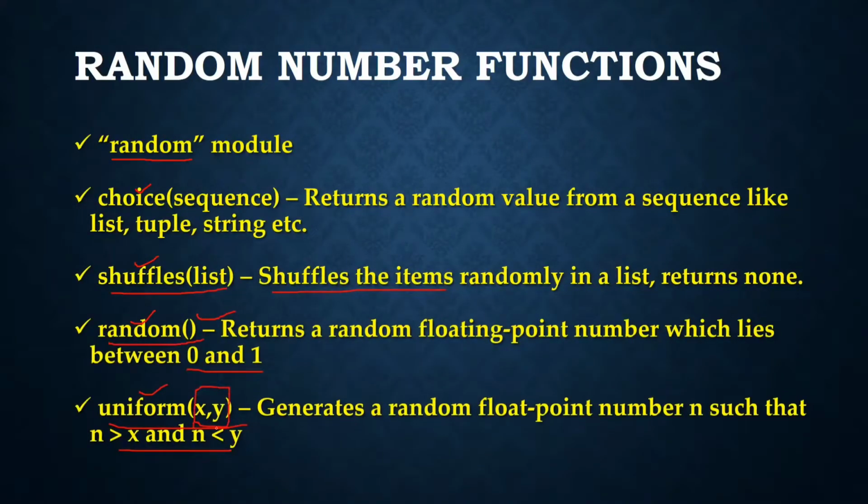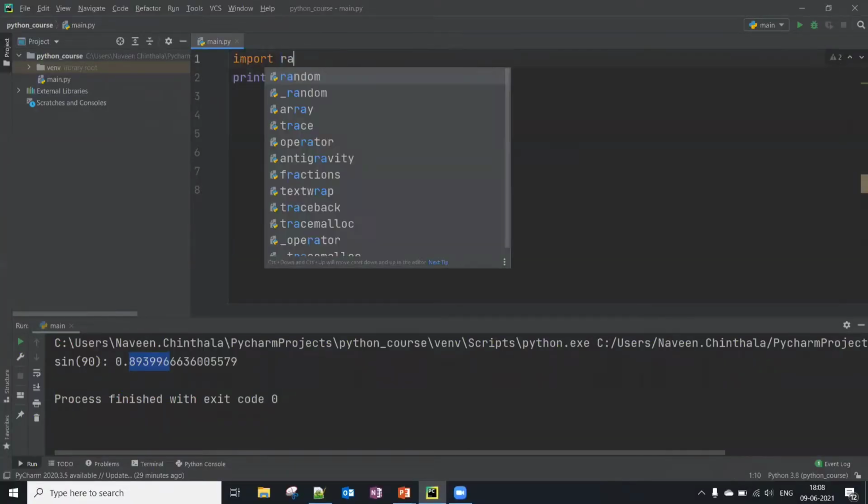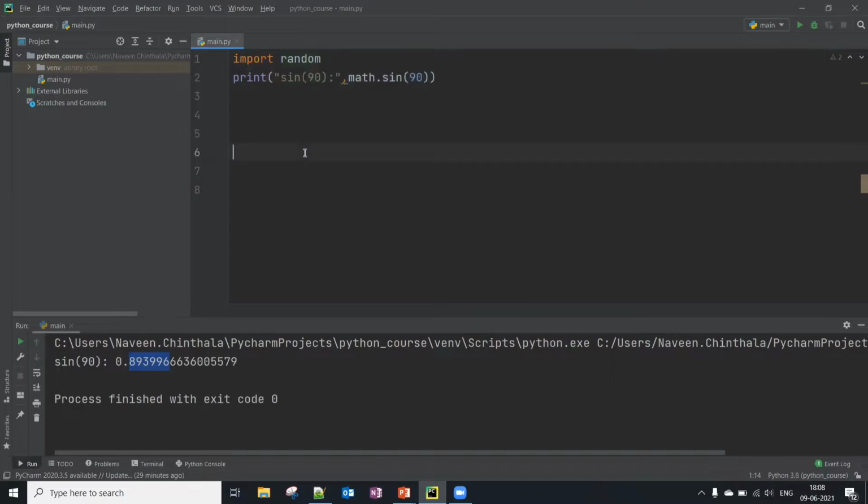If you say 10 comma 100, it will generate a random number between 10 and 100. This is also mostly used. So let me show you this. First we have to import the random module. Let's say I'm going to take one string.